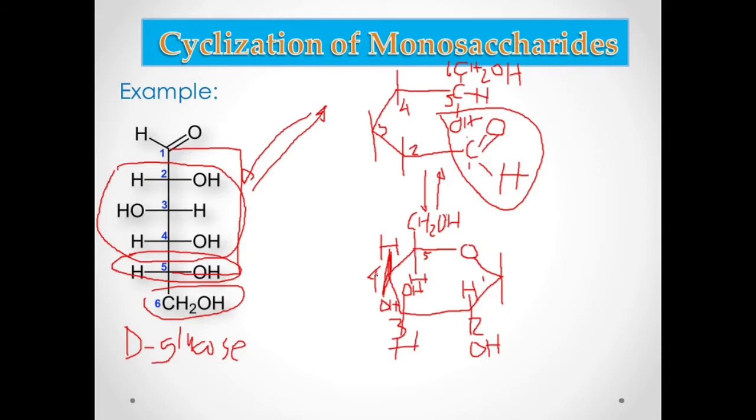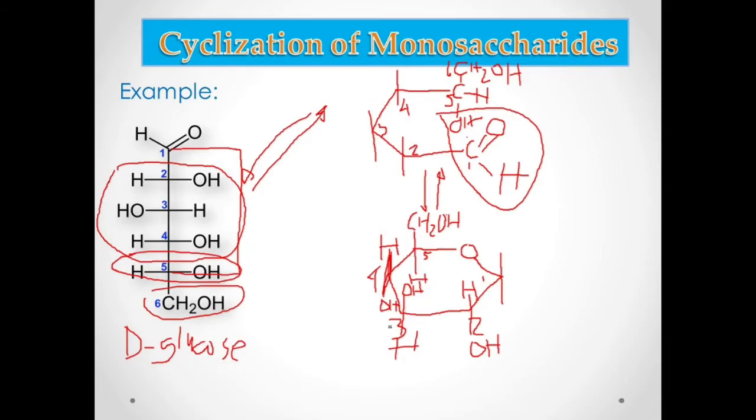Remember that if the OH is found on the right in the Fisher projection, then in the Walter-Haworth projection, your OH will be found at the bottom. If the OH is found on the left, then in the Walter-Haworth projection, your OH will be found at the top. Remember that you will produce a new hydroxyl on carbon number 1. It will matter whether you put that hydroxyl at the top or the bottom, because of the anomers that are produced.